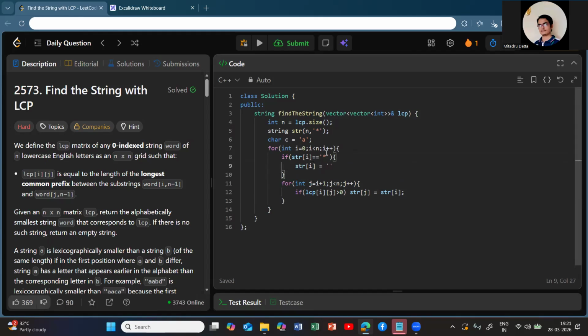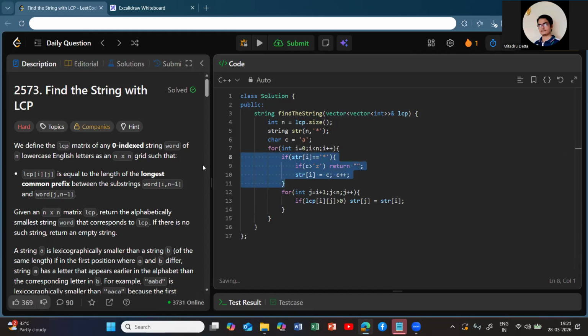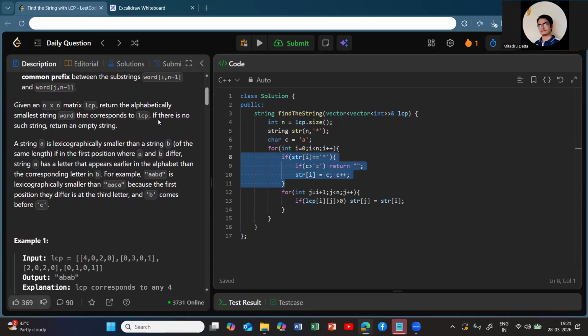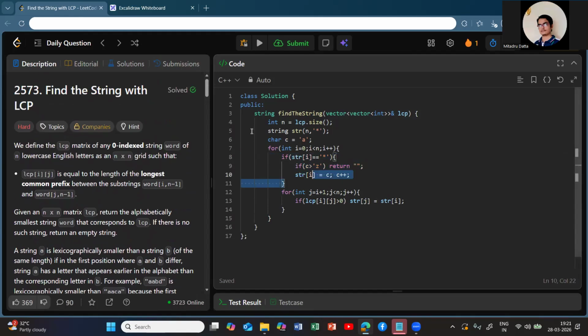is C. It will be replaced by this character C, and you just increment this character because you want to move to the next character now, and you start with A because you want the lexicographically smallest one. And if in case you see that C somehow exceeds Z, you can return an empty string, because that is not possible, right? Only alphabetic characters are there, and if there is any discrepancy, you need to simply return